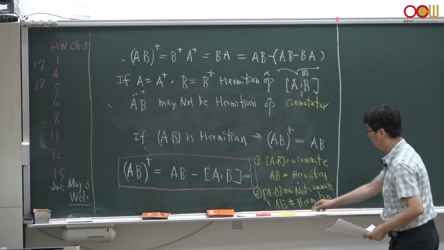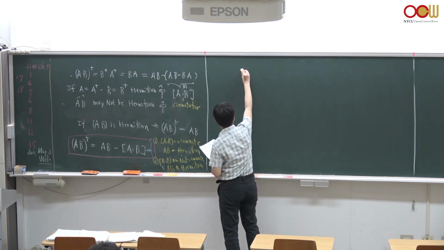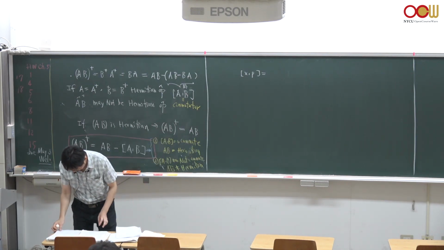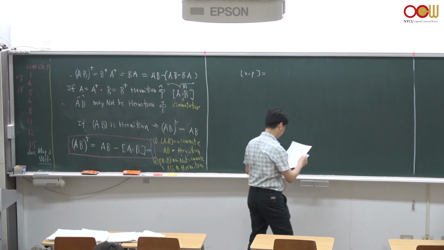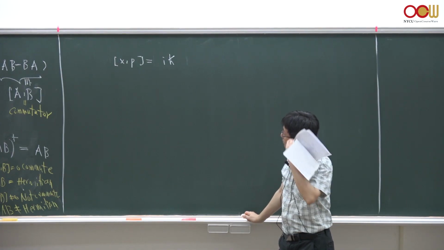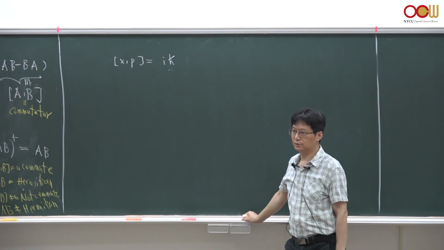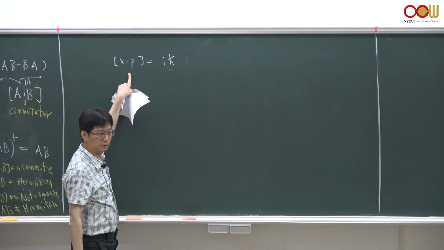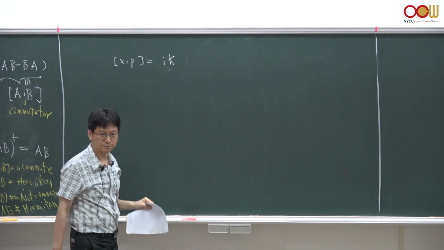So let me remind you of a very well-known example of non-commuting operators, X and P. Remember that. Can anyone tell me what this is? The commutator of X and P is what? I H bar. Yes. If you go back to your notes or textbooks, you'll find that this is the first set of non-commuting operators that we encountered so far. The position operator and momentum operator do not commute. The commutator between X and P is given by a number, I H bar, which means that